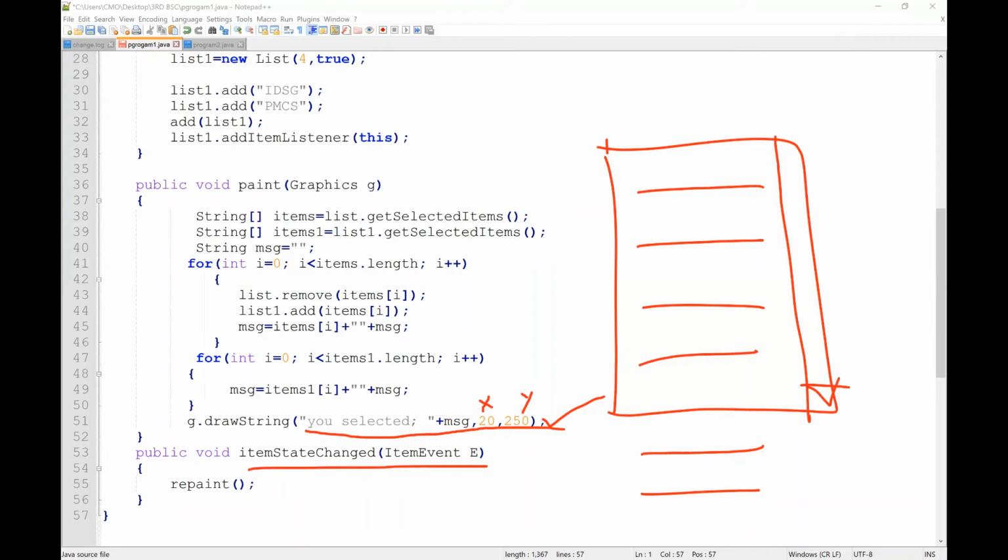For example, you have removed 3 items, so now the state has been changed, and you just have 3 elements remaining in your first list. That's why the state change has occurred here.